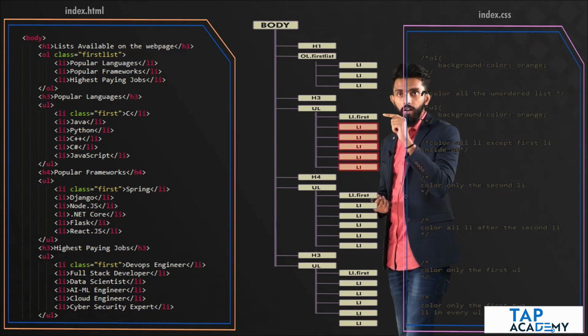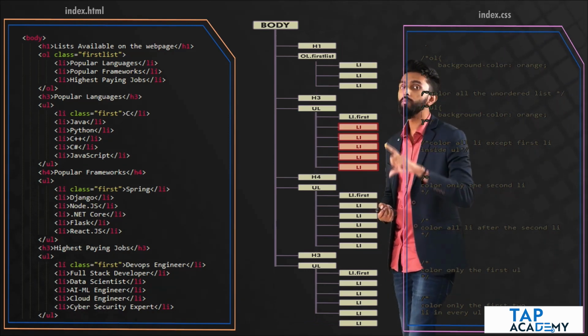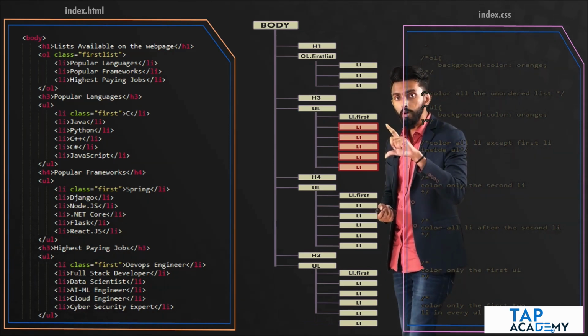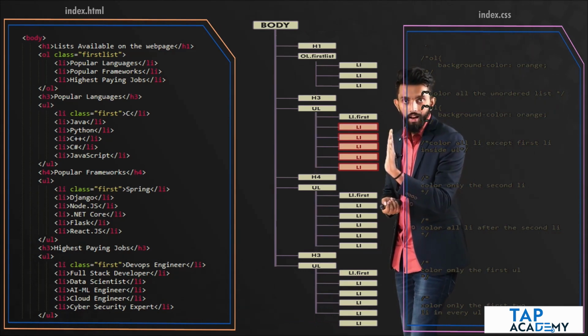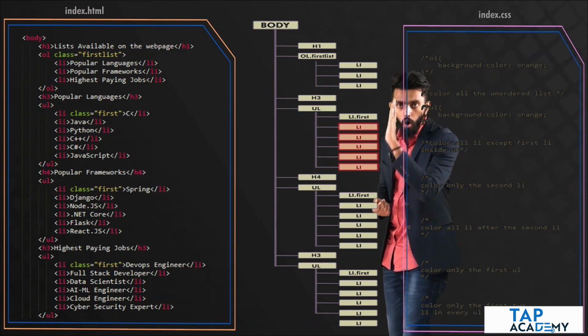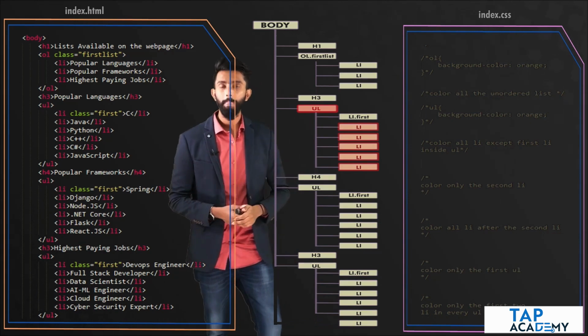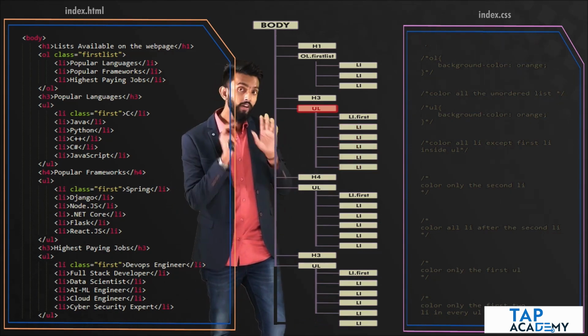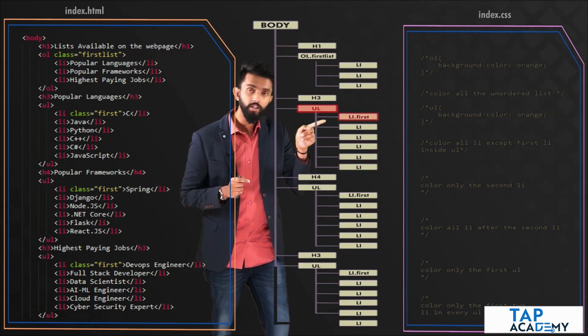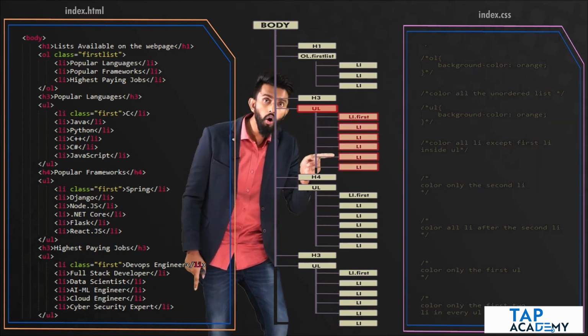Now look at it, the first li and all the li's after them. What is the relationship between them? The relationship between them is all these li's are siblings of this guy. Would you agree with me? Yes, because all of them share the same parent, which is ul. Okay. So first, if I can somehow select my first li and then tell CSS to select all of its